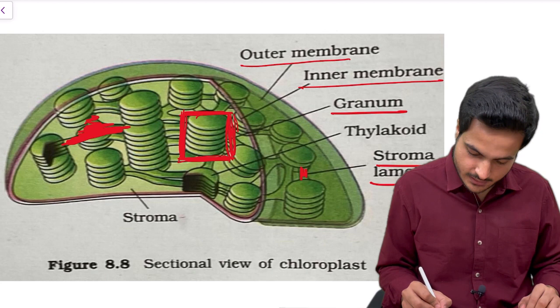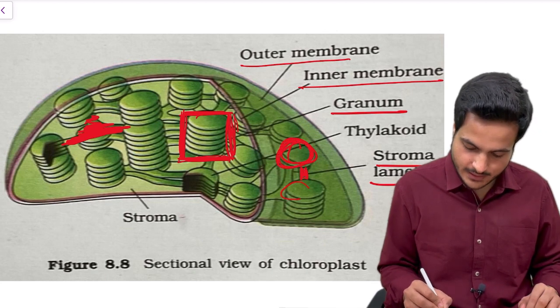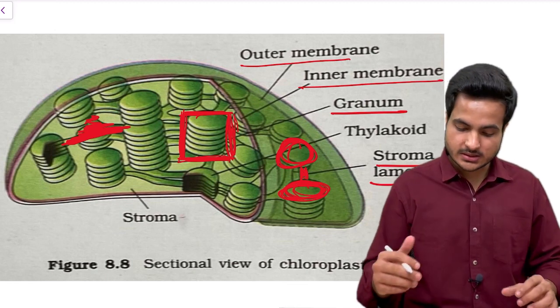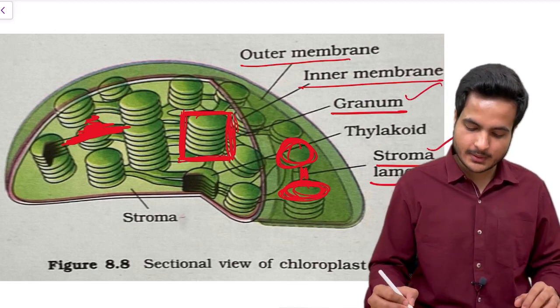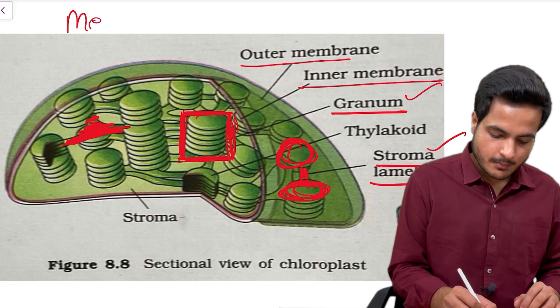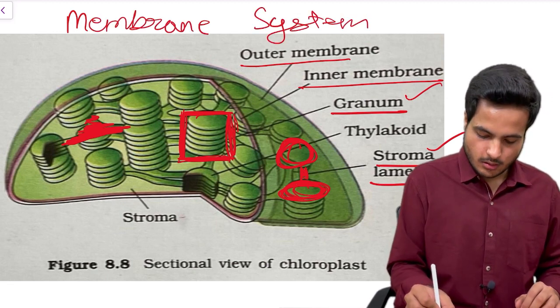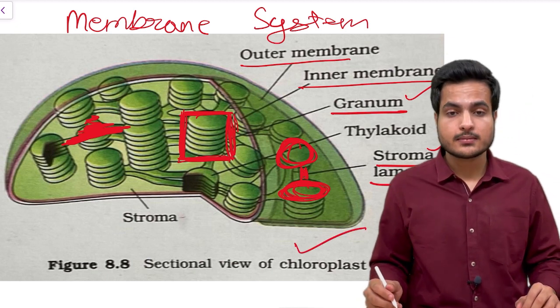So this part which is connecting two granum, one granum here and the other one here, is called stroma lamellae, and these granum and stroma lamellae together form the membrane system of this chloroplast organelle,